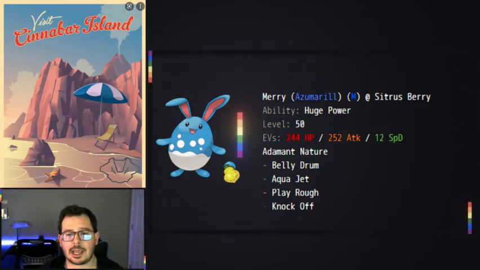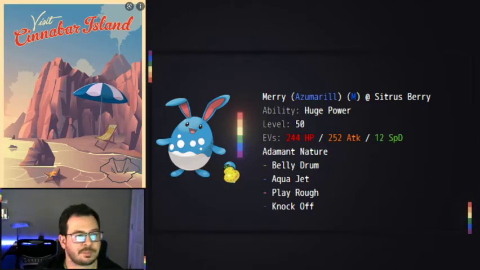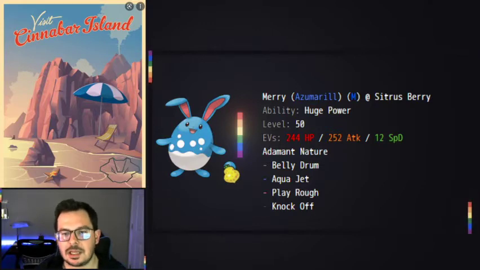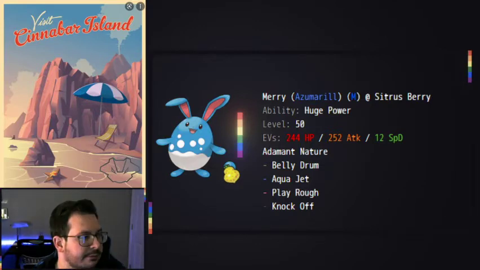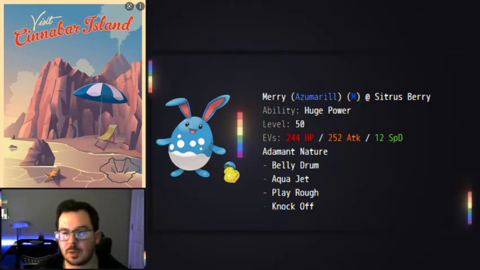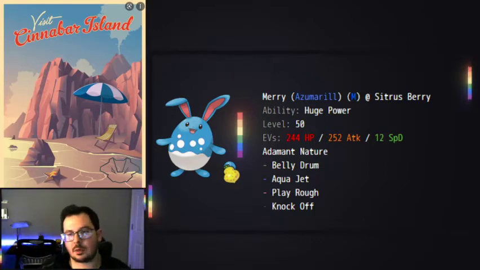I was going for a Lord of the Rings theme, and I thought of Merry the Hobbit, so Mary the Azumarill. We're running the Citrus Berry Huge Power Adamant Nature Belly Drum set for Azumarill this week. 244 in HP to give me an even number on the HP stat, I believe. Let me double check. Yes, so 244 gets me to 206 HP, so that when Belly Drum pops off, I for sure get the Citrus Berry,